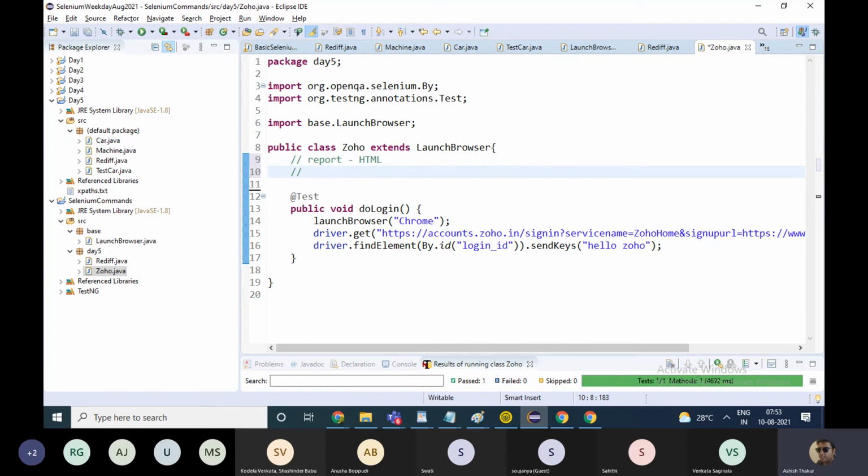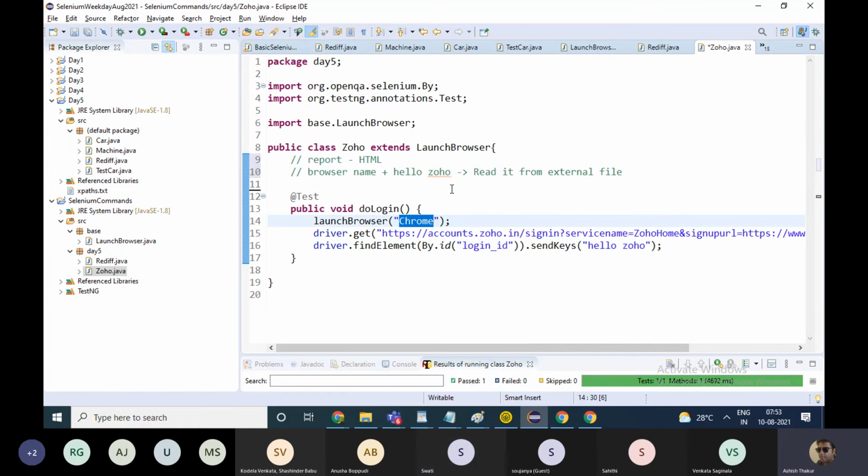You would want whatever the browser name plus this data, "hello Zoho", whatever I'm typing in the text field, to be read from an external file, so that when the execution happens, you can change the browser name in just the file without changing the code, and the test case executes on that particular file.